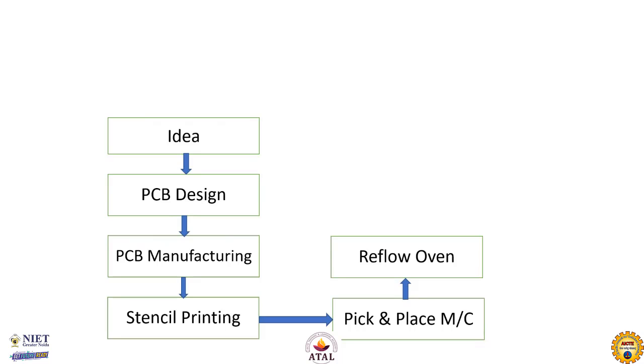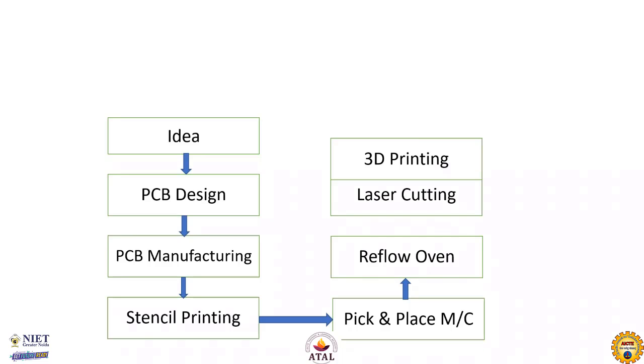you need to take the assembled PCB and solder it. Either you can use normal soldering, but since the SMD based components are very small in size, you need to go for a reflow oven, where the products go into an oven, and the soldering paste is applied. Due to the solder paste and the heating, wherever there is a lead and heating has been done, in that particular area the components will be soldered automatically, and finally the product comes out of the oven,